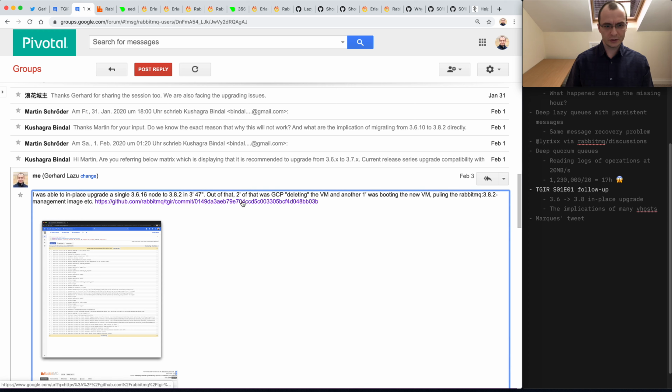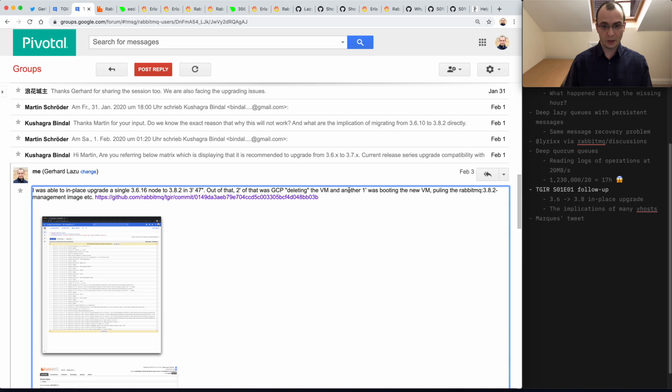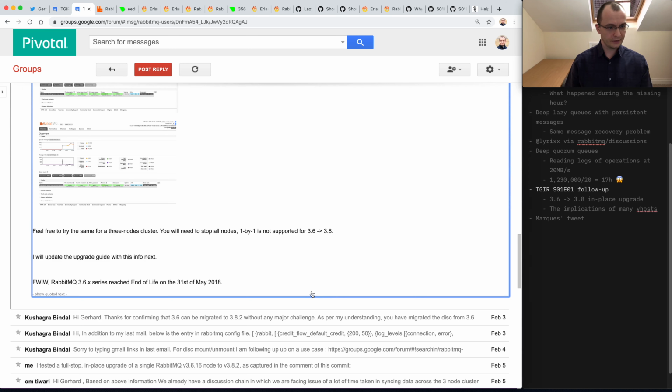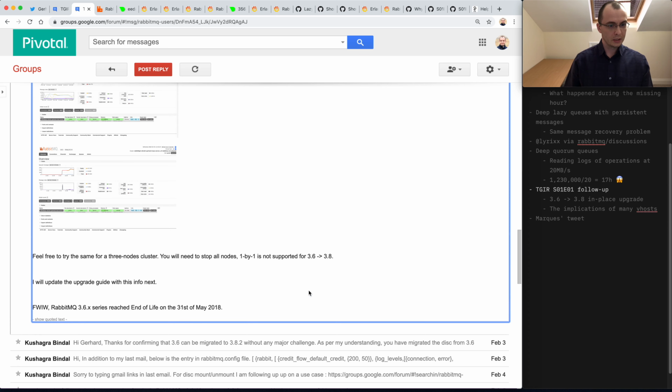And most of it was GCP deleting the VM. Apparently it's an operation that takes about 2 minutes. And then another one was booting the VM. So that was a fairly straightforward upgrade. Now,